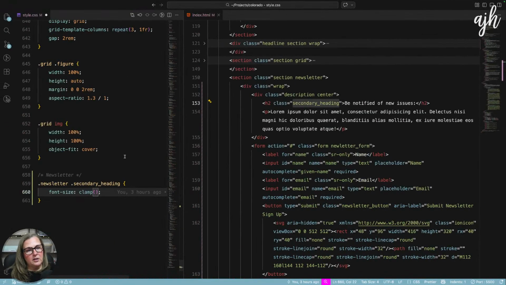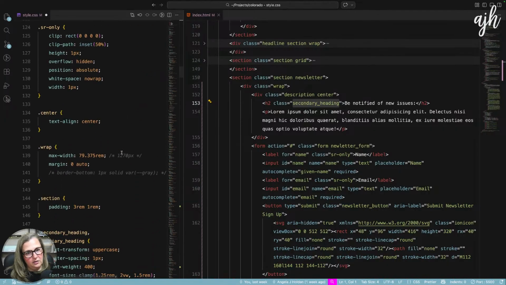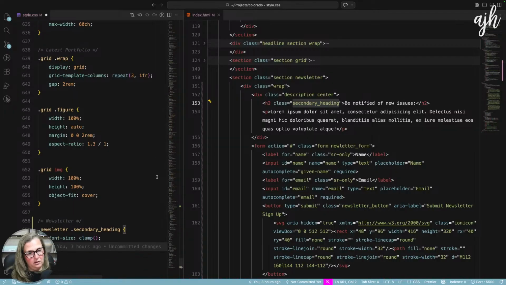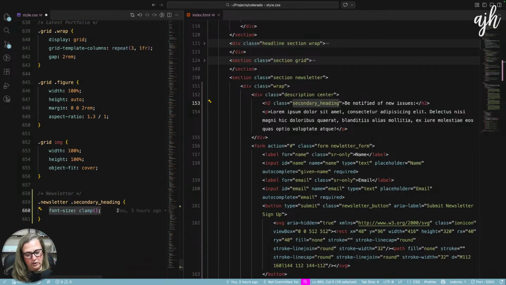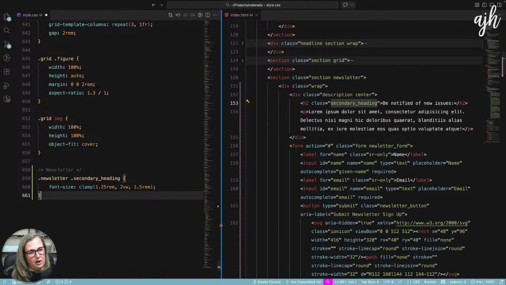I don't remember. We just did it yesterday. Our secondary heading is, so here's our current clamp. I'm just going to copy this. I think that I would like it on mobile to match what else is happening.